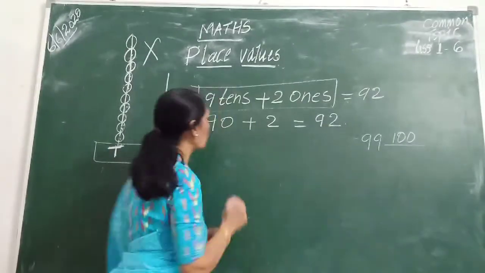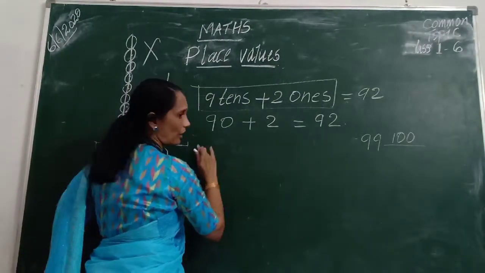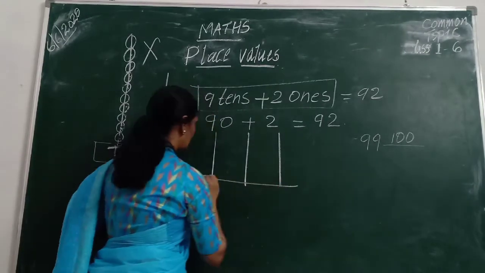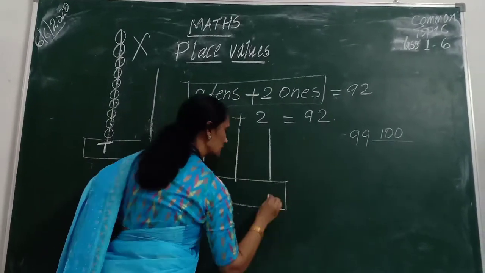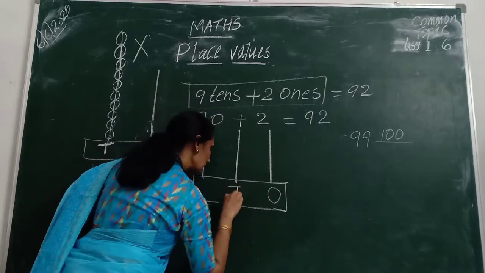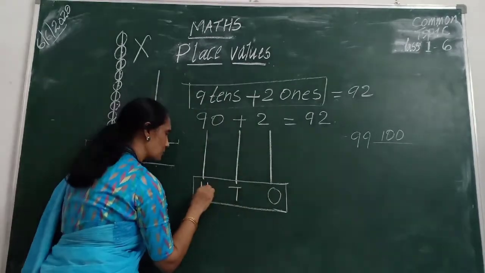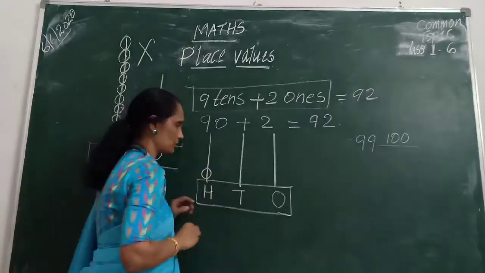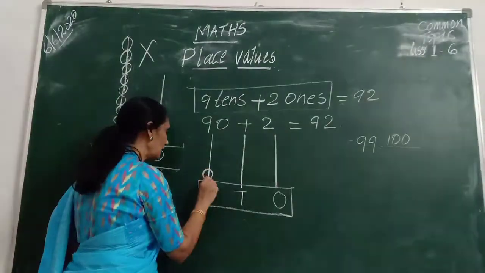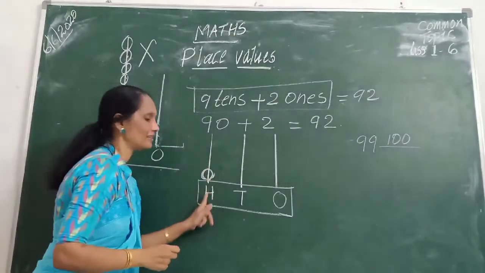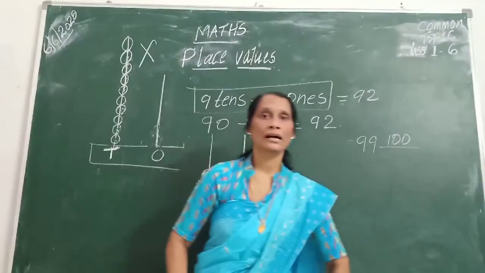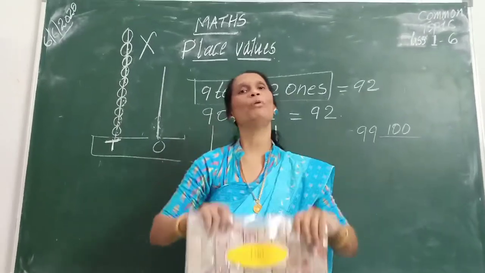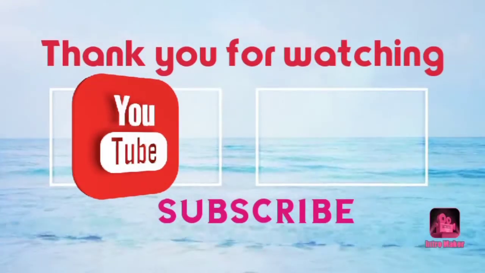Then how should I show 100? I should show 100 with another place. This is the ones place, tens place and hundreds place. So I have to show 100 in this way, because this is 100. Only a single bead in the hundreds place, because when it comes to 100, we keep it as a single block.